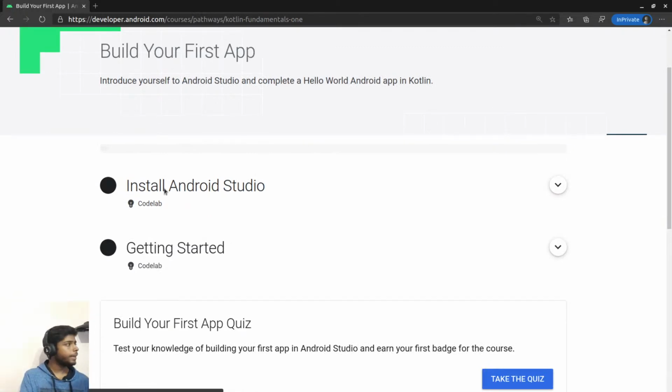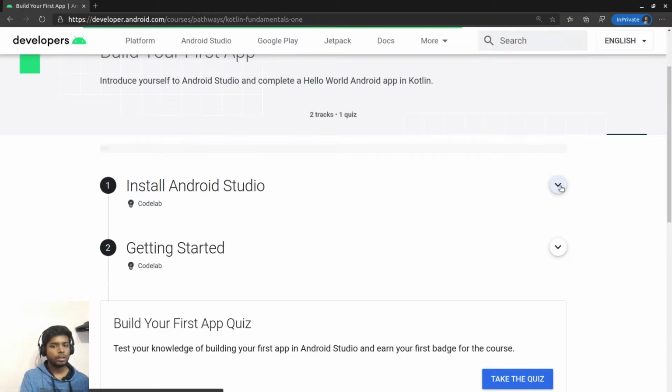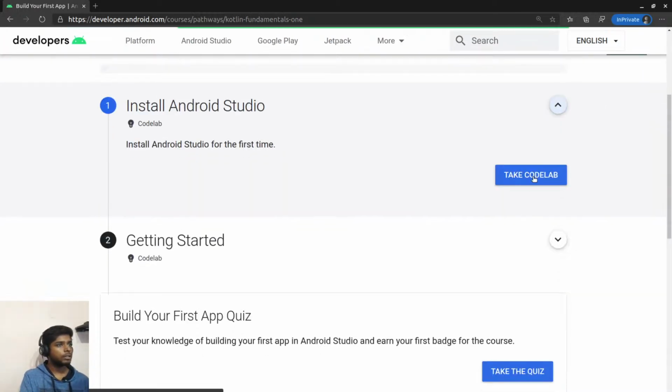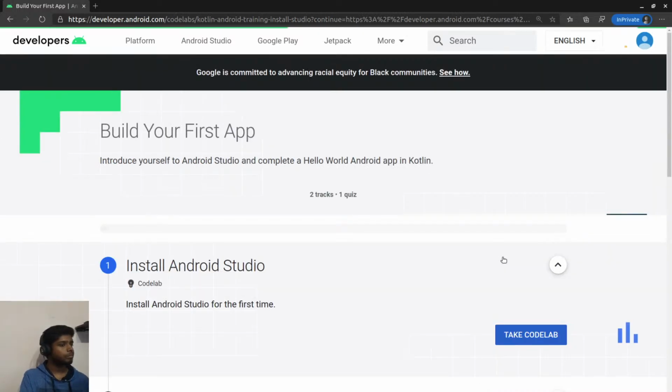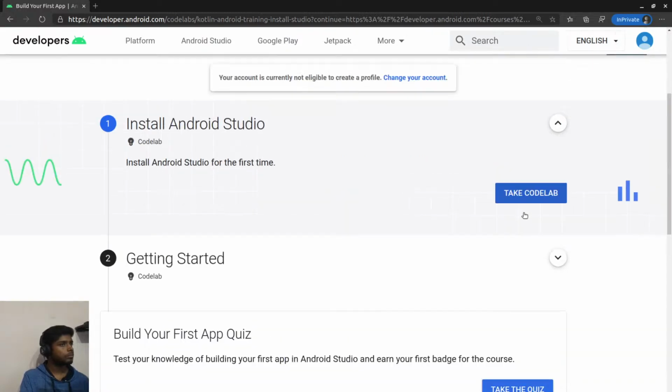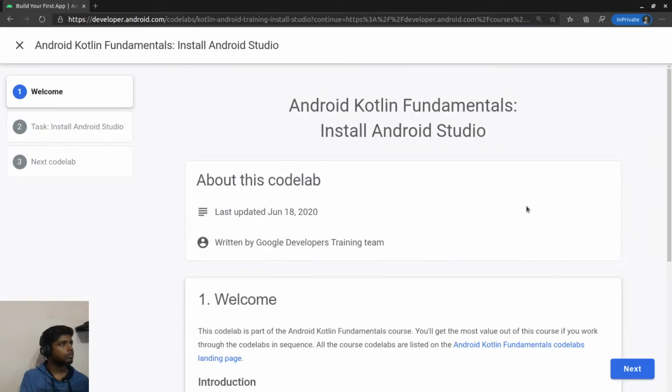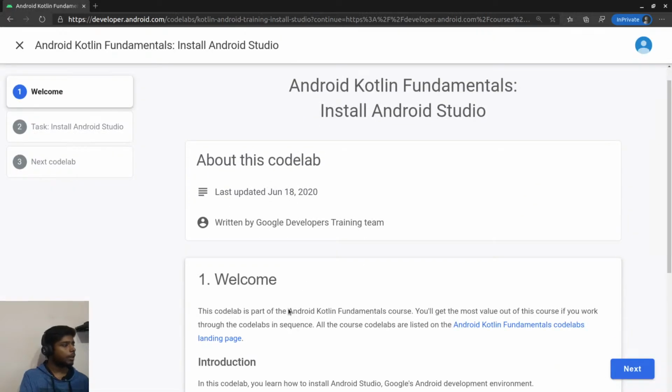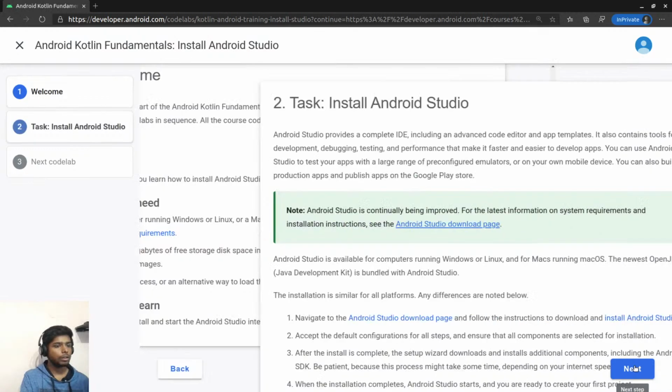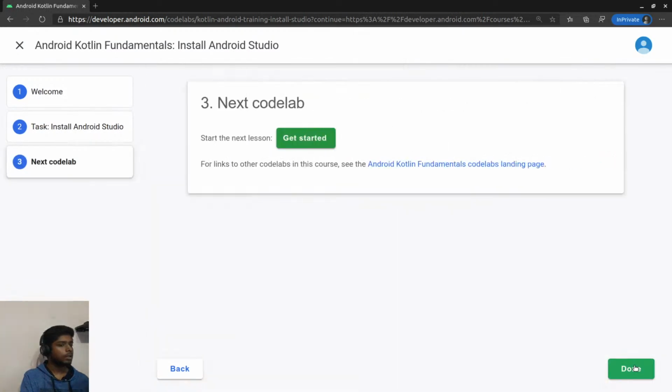So our first activity is to install Android Studio. I guess we all have already installed Android Studio, right? Because we had sent emails and put it on Discord and all. So we just take this codelab and click next since we have already installed Android Studio. Yeah, so it has all the instructions on how to install Android Studio. Click next, and then